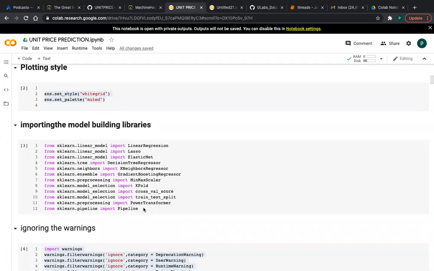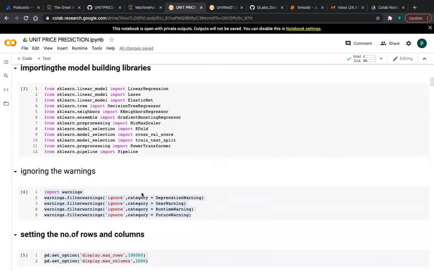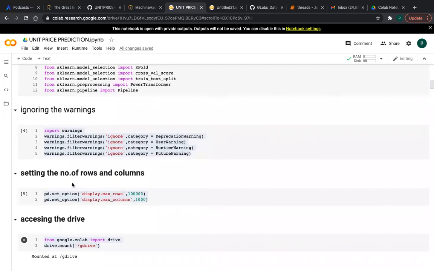And these are the model building libraries from sklearn. I am using all the models and cross validation, and I am using the sklearn pipeline also. Why I am using this, you will know in the video, friends. And I am ignoring all the warnings, and I am setting the number of rows and columns to print the data.